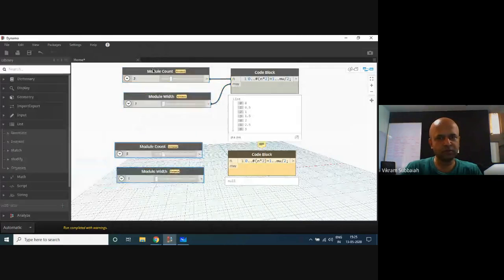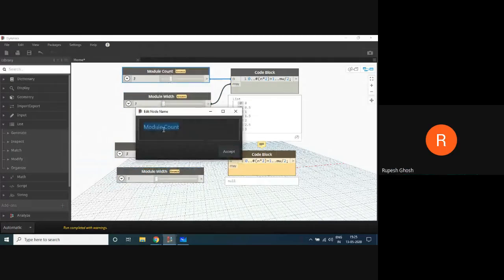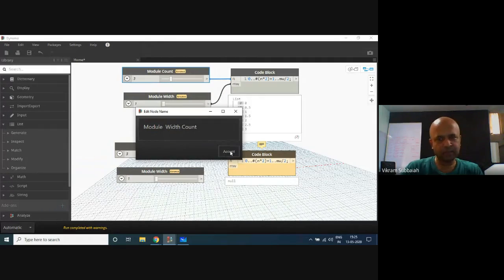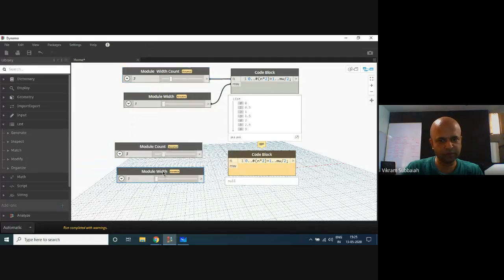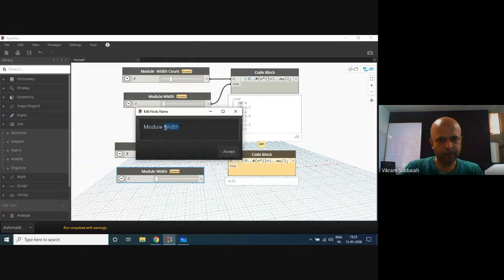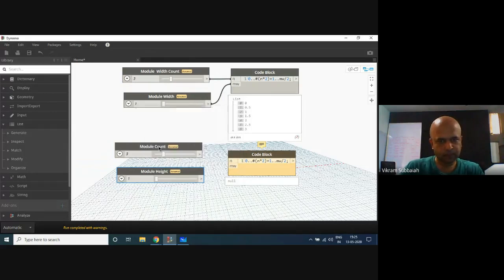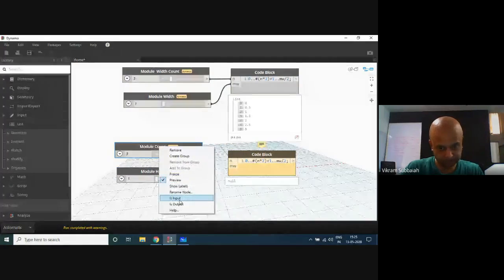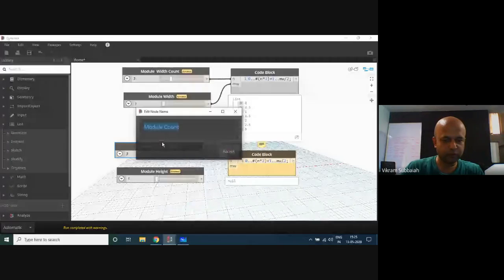So I'll call this one module bit count, and this one module height, and this one module height count.